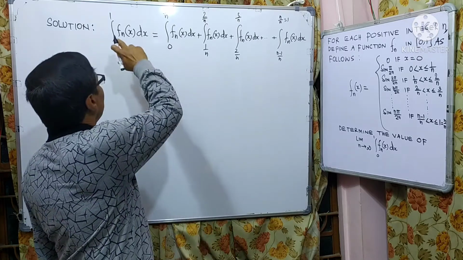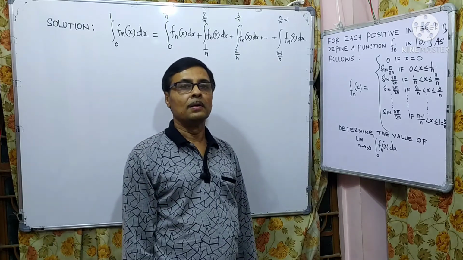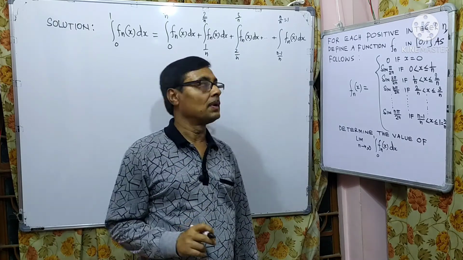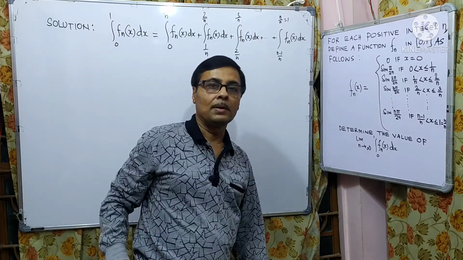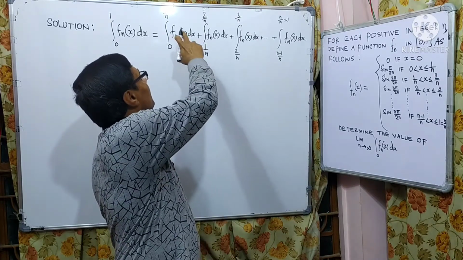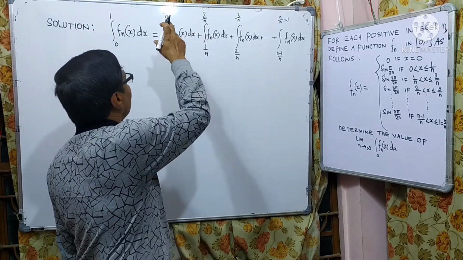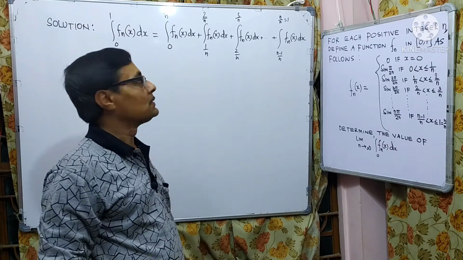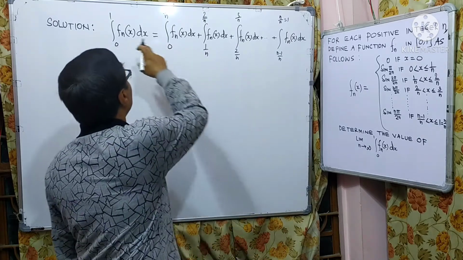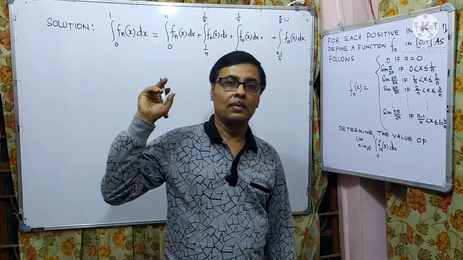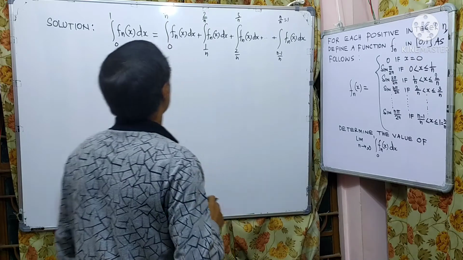Any definite integral can be written as the sum of the integrals in each sub-interval of the entire interval. If the entire interval is divided into n sub-intervals, the sum of the integrals of the function over the several sub-intervals is equal to the entire definite integral. It is the property of integral, and it is written from the properties of definite integral. Now,